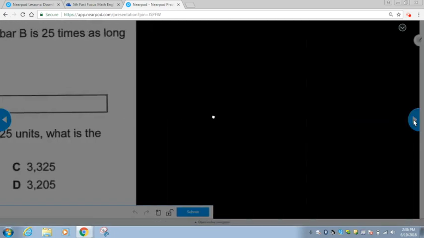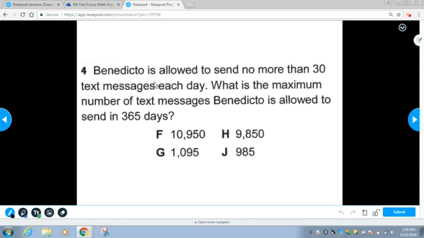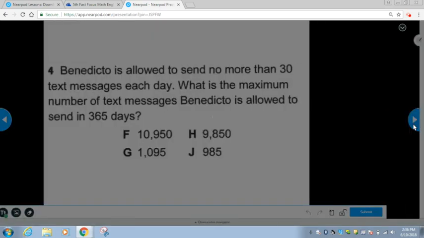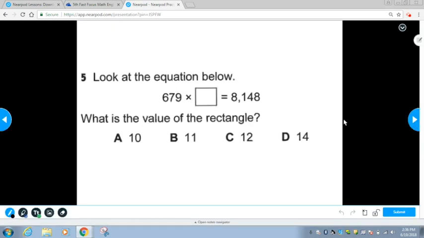In my class, they have to ask permission before going to the next slide. So I'm going around actively monitoring, double checking, let me see your math, where are your annotations on the Nearpod, and so on and so forth. So they know they can't move on to the next question until I've checked their question. It's one of those just making sure that they're following through with the work. And number 4, same thing they do. Number 5,